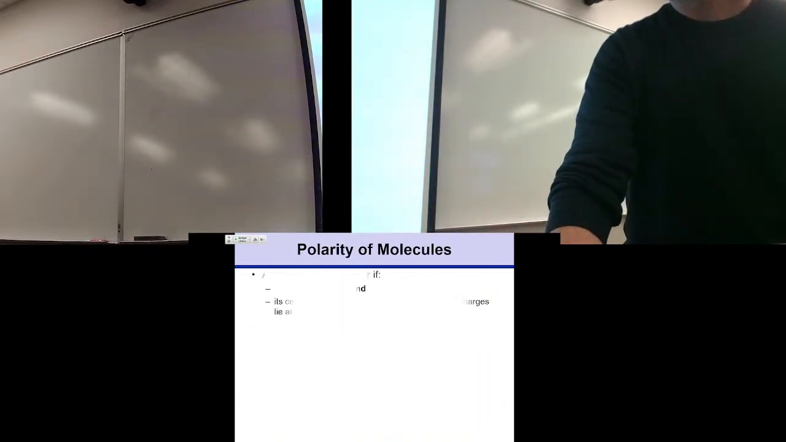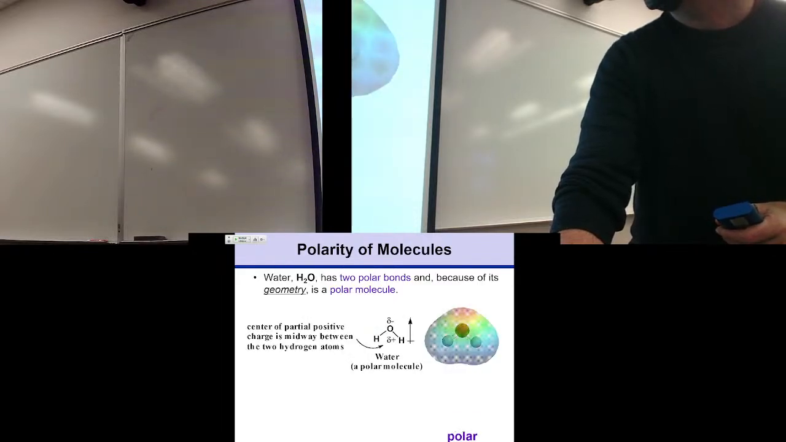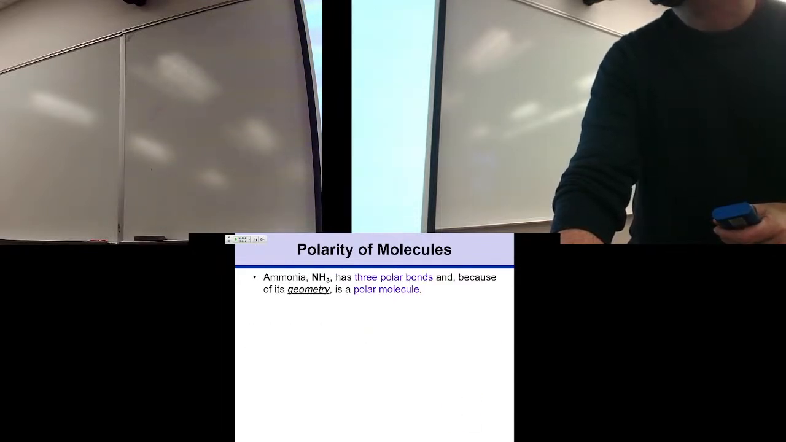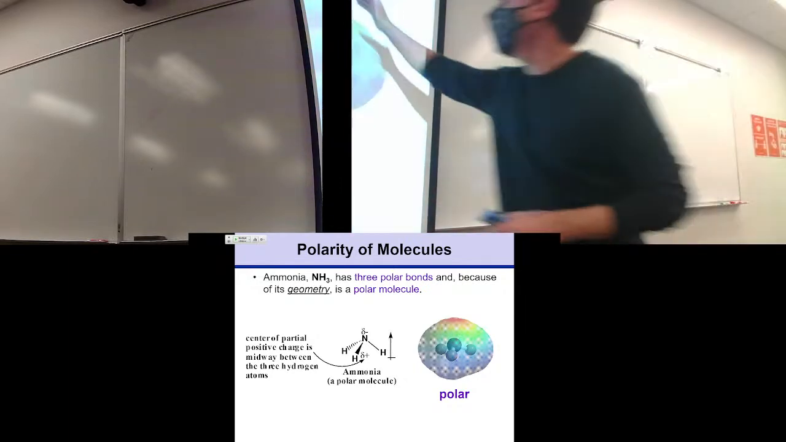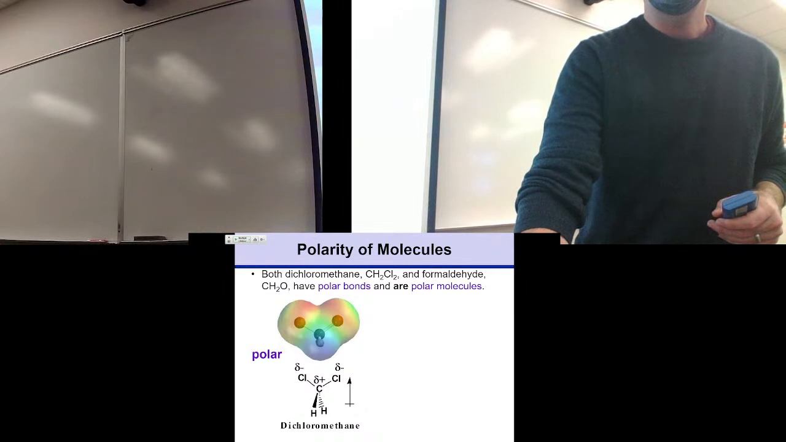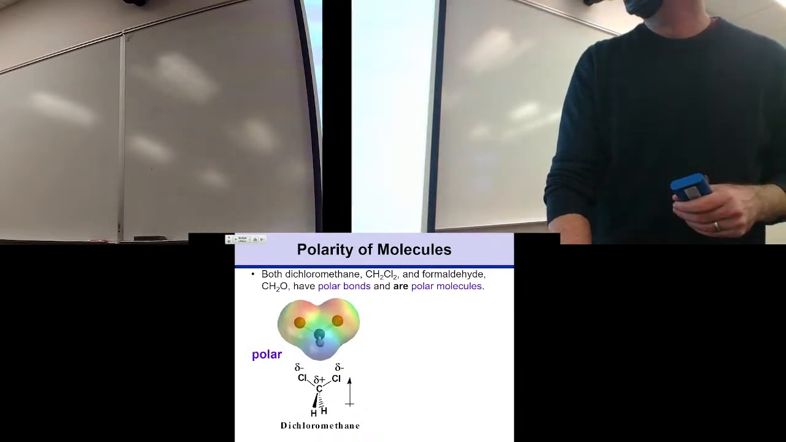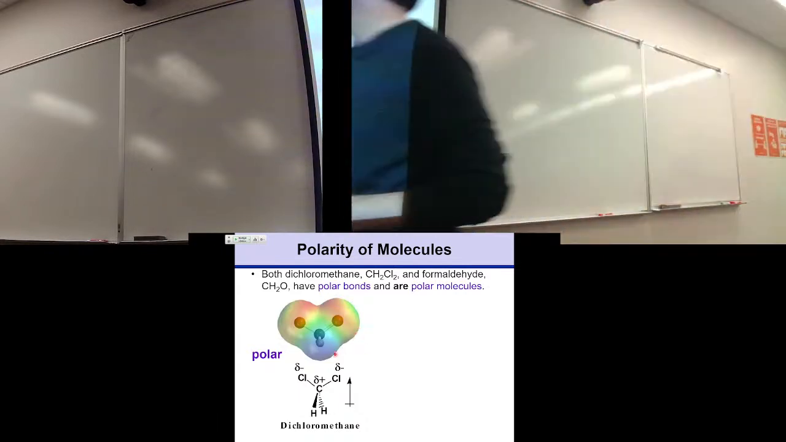So we talked about this. We looked at CO2, in the lab today even. Not polar. Here's water. That's polar. I'm going to go through this really fast because we've seen this. Here's ammonia. Nice polar molecule. Definitely negative on this side, positive on this side. And then when you get to these, it's a more symmetrical shape. It's tetrahedral, but not all the